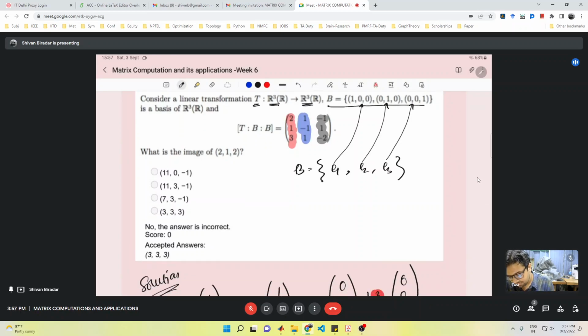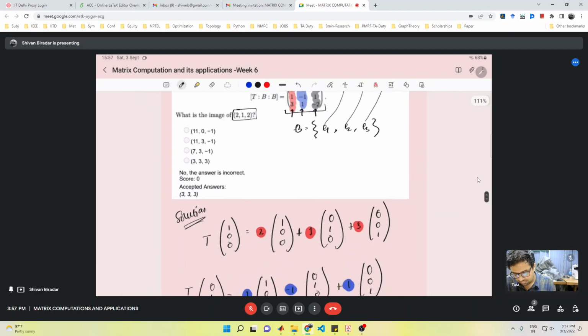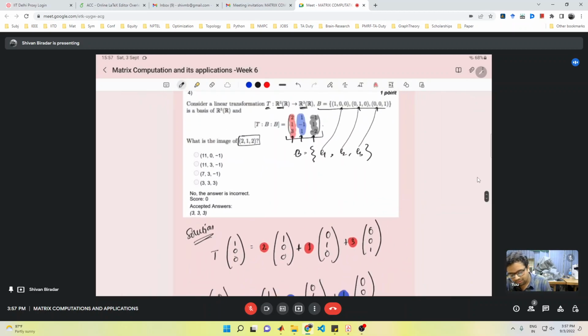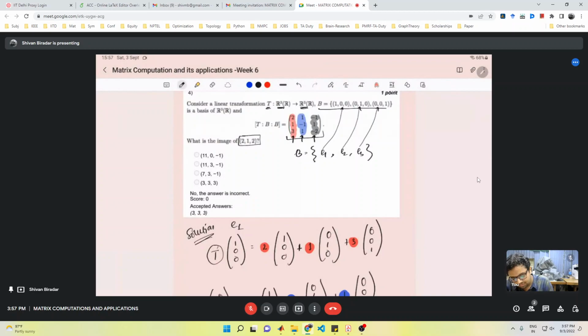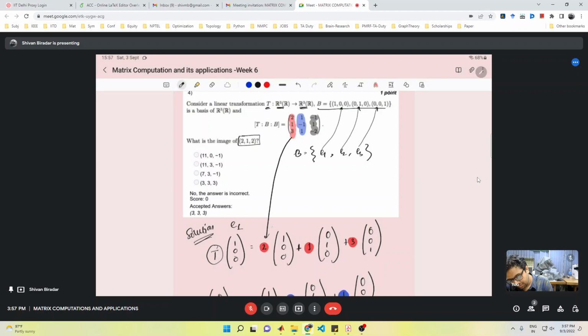We have a coordinate matrix from B to B, which is this. So these are our coordinates. So we have to find the image of this vector. We have a linear transformation T which we apply on 100, which is E1, using the coordinates. These are our coordinates, and this red part is used here. So T E1 is equal to this